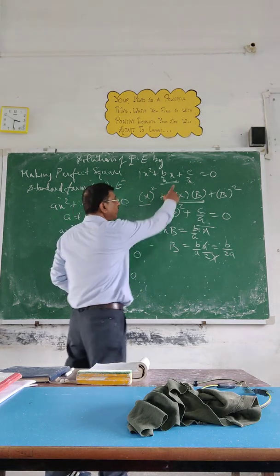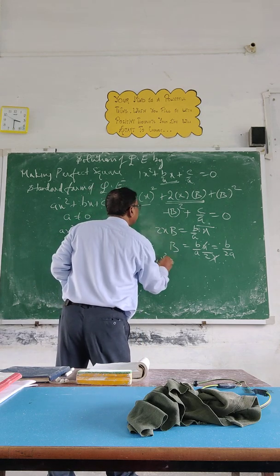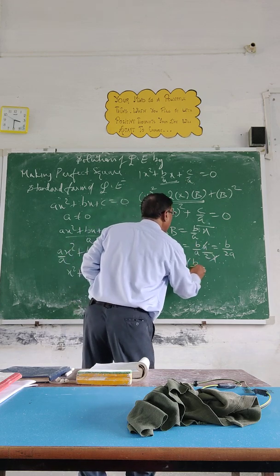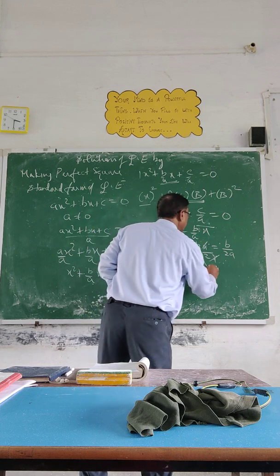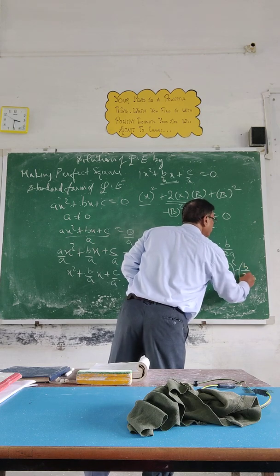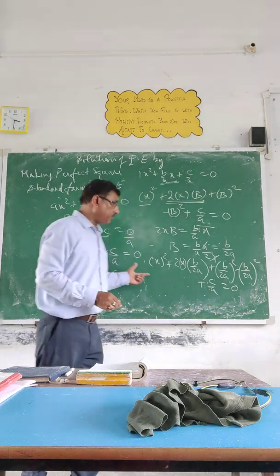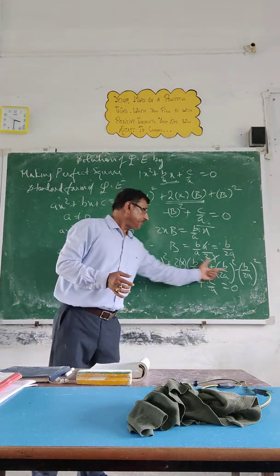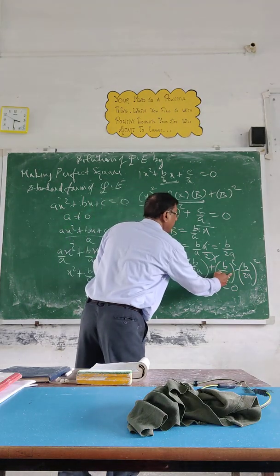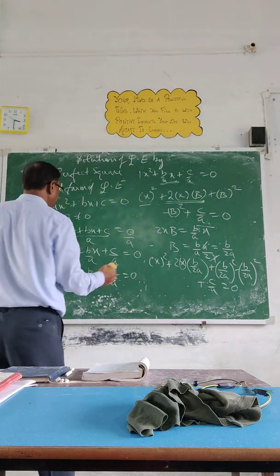Okay. So now put this value in this equation. What will you get, children? x square plus 2x, and in this place b upon 2a, plus b upon 2a whole square, minus b upon 2a whole square plus c upon a equal to 0. I think, am I audible? So you can see, you got this equation. Now you can see this a square plus b square plus 2ab, it is making a perfect square.